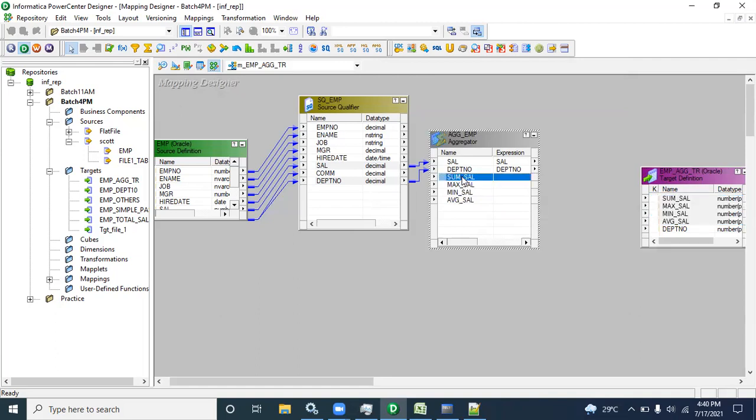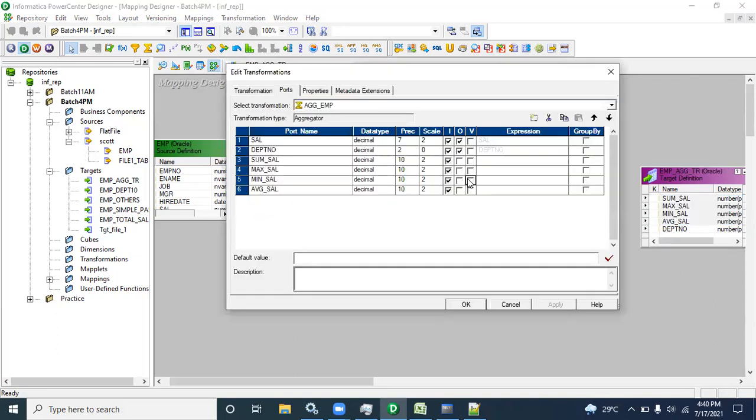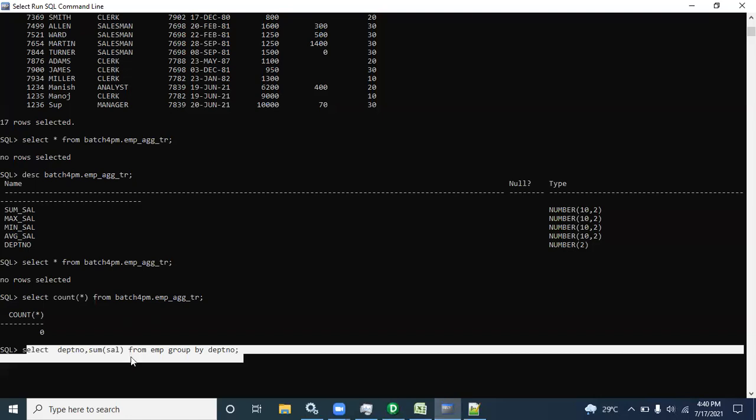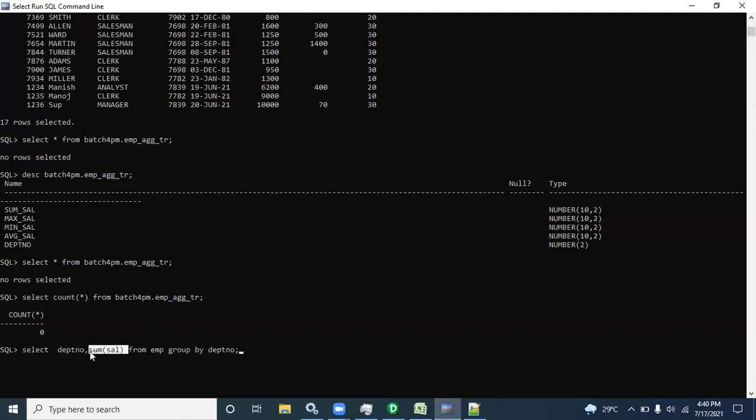Because Informatica gives this facility, if you are dragging something in reverse order, it will not connect it. It will only create the columns. Nothing else it will do. You can select all as output because we need output, right? In sum of salary, what is the logic we are writing? Sum of salary.